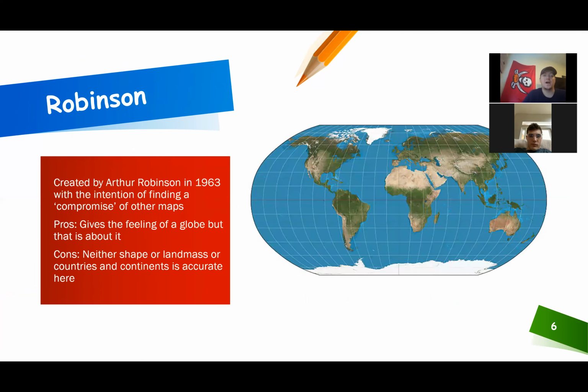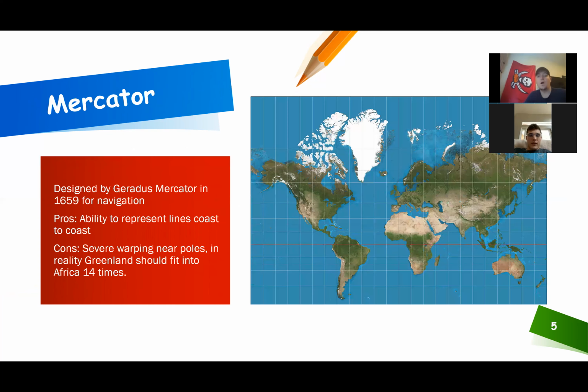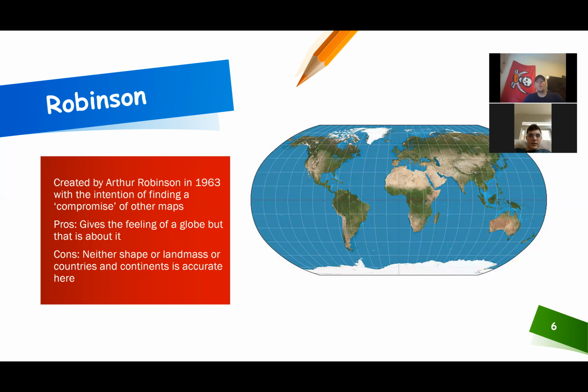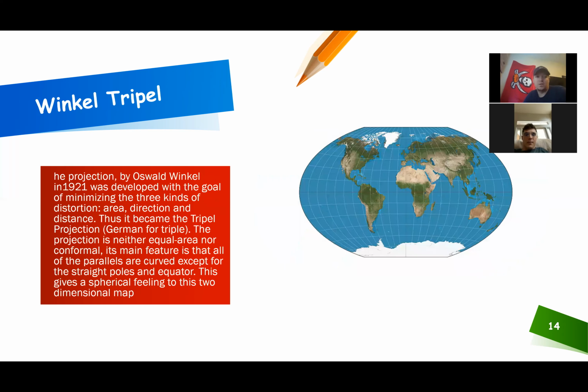I personally think the Demaxian is really cool, but it obviously is not very effective. Maybe Robinson. The Robinson one, yeah. Robinson is very similar to the last one, the Winkle tripole, except that this one is curved horizontal. I think the longitudinal worst one was the Axion or whatever. Yes, that one, but that is one of the few that maintains an accurate land size